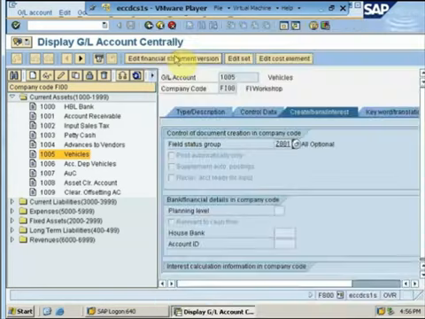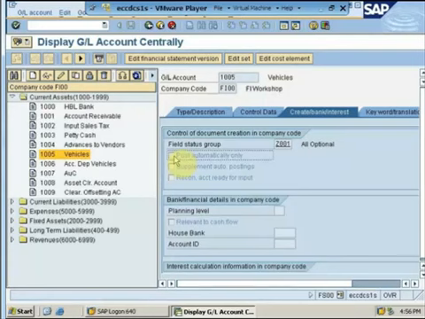Post automatically only means that there are certain GL accounts, for example depreciation expense or our sales account, which are always posted through a certain process or a certain transaction. For example, if I run the depreciation program, the system will automatically calculate the depreciation for all the assets and post the accounting entries onto its GL account, which means it is an automatic process. So if I check this for the GL account, the system will only allow me to post data into this GL account through an automatic process, and manual GL account entry would not be allowed.